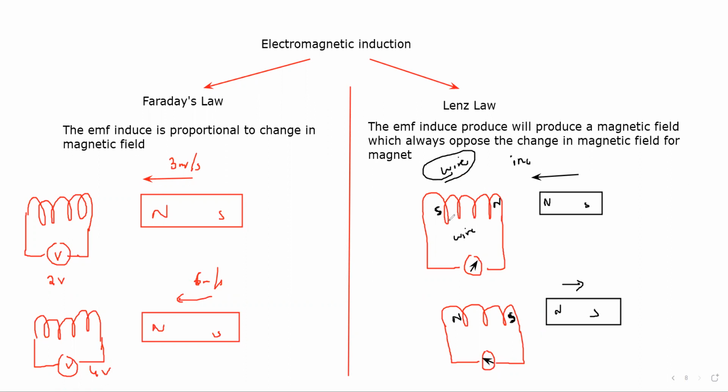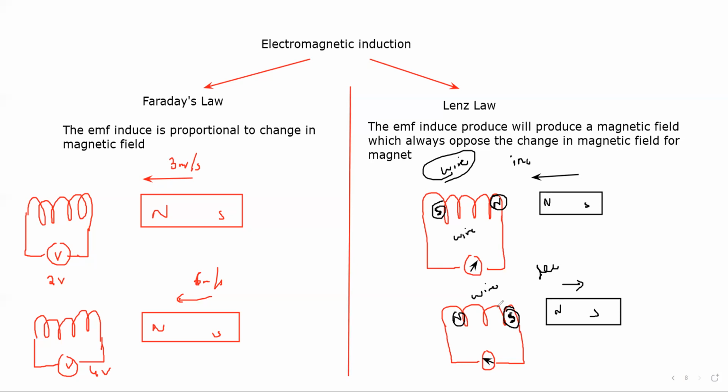So as the wire tries to decrease, it will produce a current in a direction so that the north pole will be on the right and the south pole on the left, so it can repel the magnet. If the magnet is moving away, the magnetic field is decreasing. So what will the wire try to do? It will try to oppose by attracting. And how will it attract? By a south pole appearing on the right hand side and a north pole on the left. What is the meaning of north and south poles here? That is due to the current which is produced due to the change in the magnetic field.